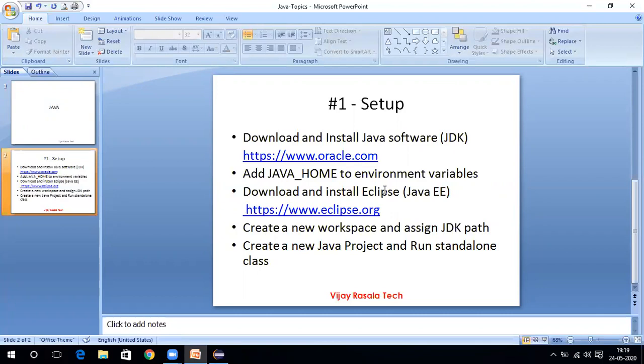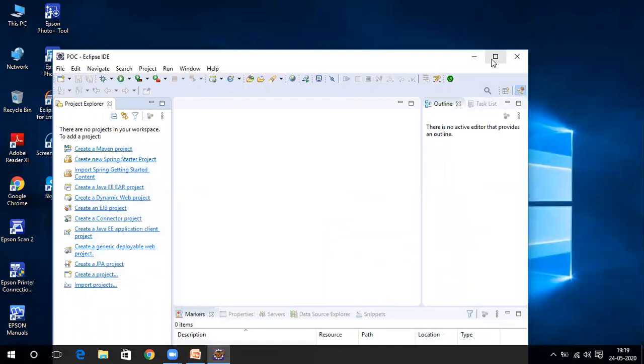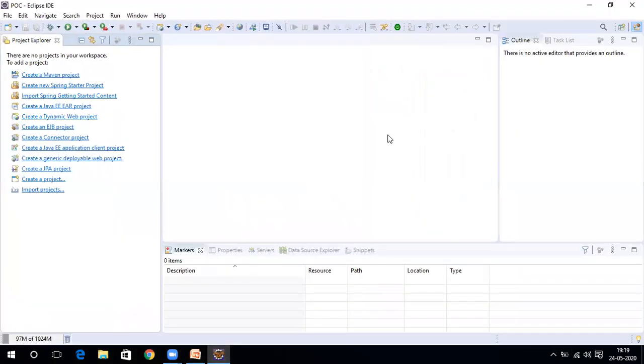In Eclipse we have multiple versions, right? The basic version of Eclipse and then the enterprise level version of Eclipse. I'm recommending you guys download the Java Enterprise Edition of Eclipse, so that we can start doing a couple more programming parts on enterprise level applications. It requires all the inbuilt plugins as well, right? So that would be the best one to do these exercises. So now you see this, right? Your Eclipse is open.